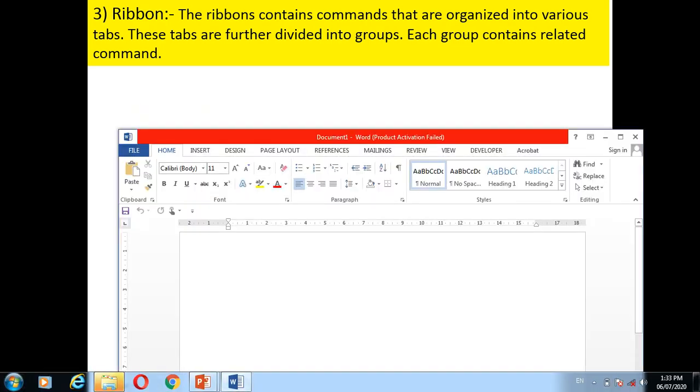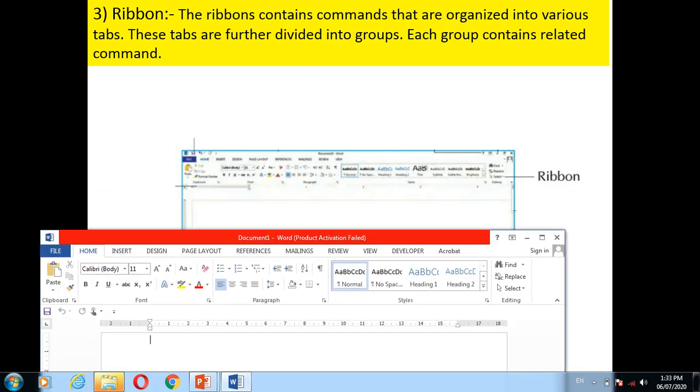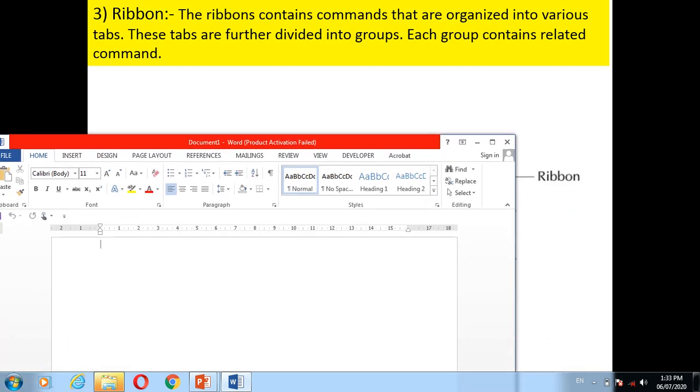See, where is the ribbon? This is the ribbon. All this is called as a ribbon. Okay? This ribbon contains tabs. Which are the tabs?